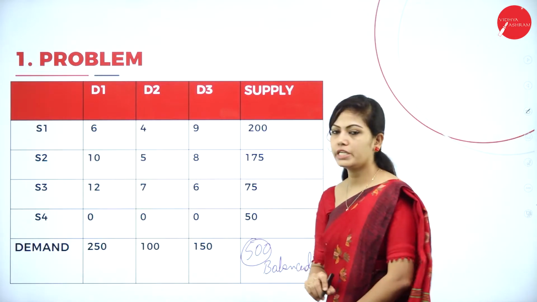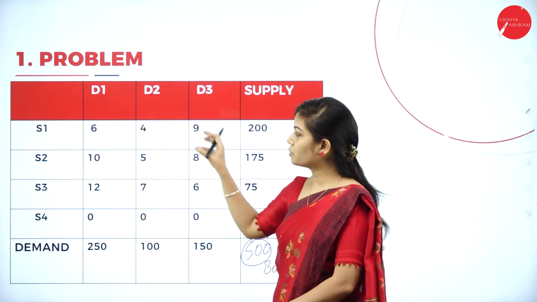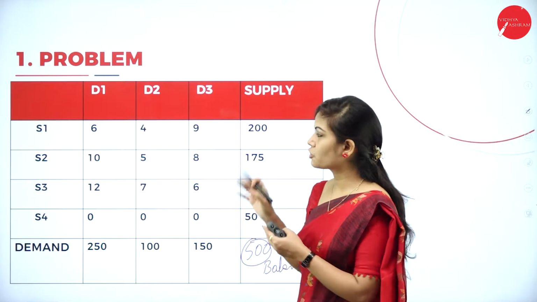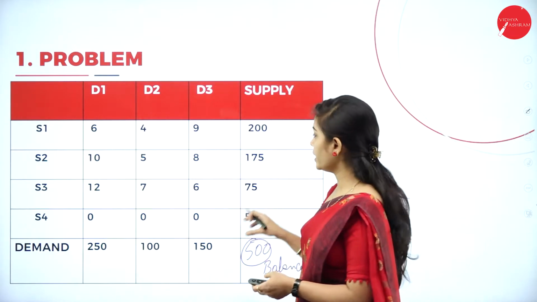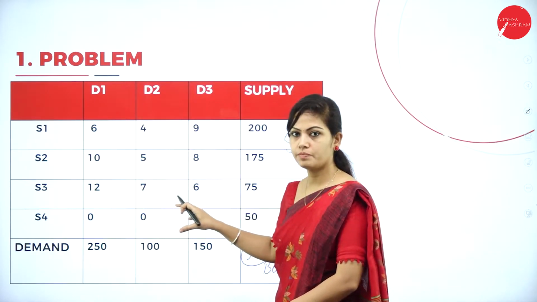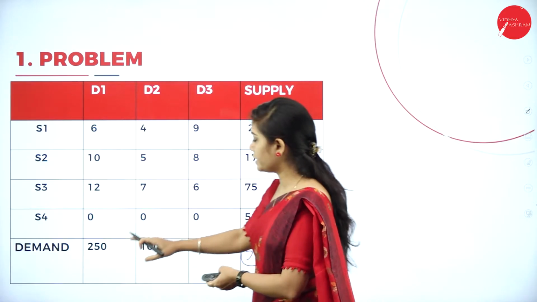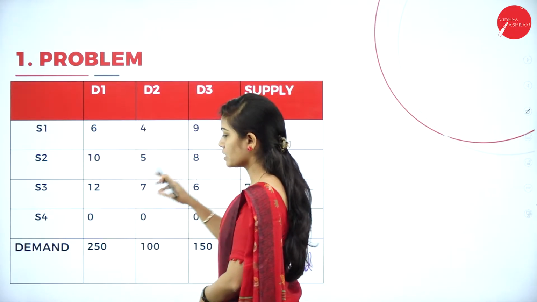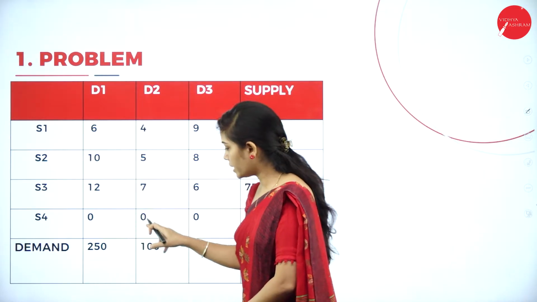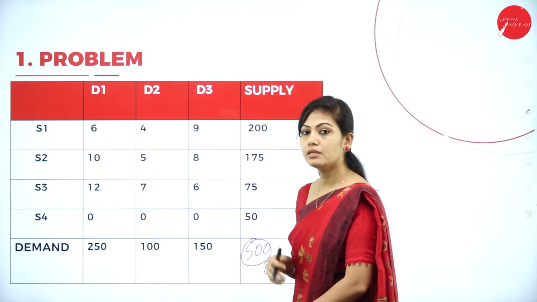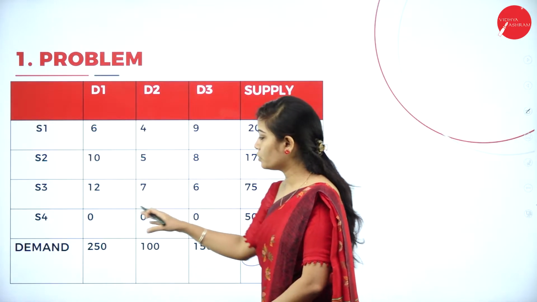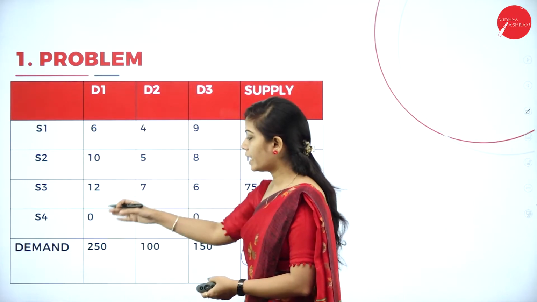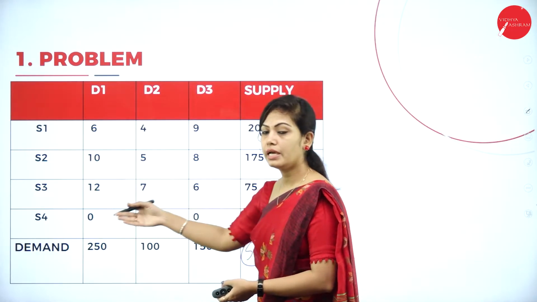I can proceed now. Here you are not supposed to consider the northwest corner value or left corner value. This is least cost method. You have to select only the least variables. Except for the supply and demand, you just observe these variables. Least variable is 0. I have 3 zeros. How to select the values here? Least value is 0, and the values are the same, so you can consider any cell.